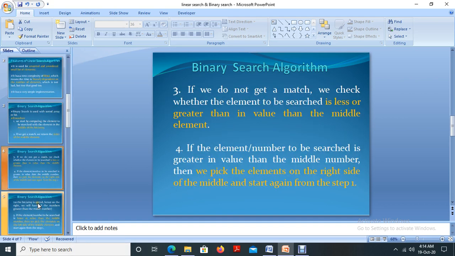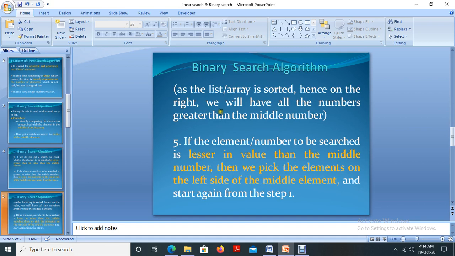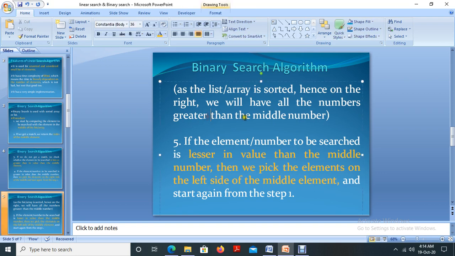Why are we doing it like this? Because it is a sorted list of elements. Hence, on the right we will have all the numbers greater than the middle element. That is the reason. If the number to be searched is lesser in value than the middle number, then we pick the elements on the left side of the middle element and start again from step 1. So this is the procedure.